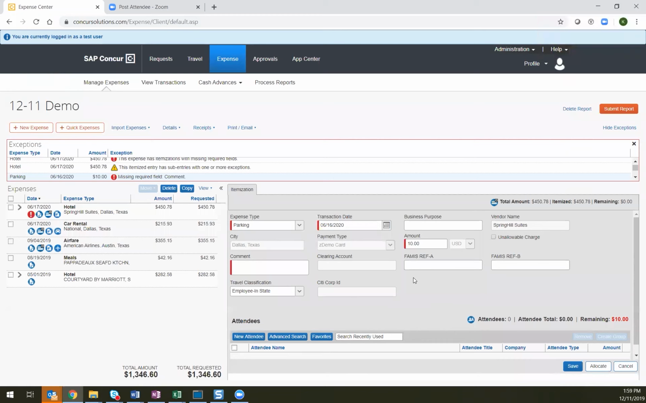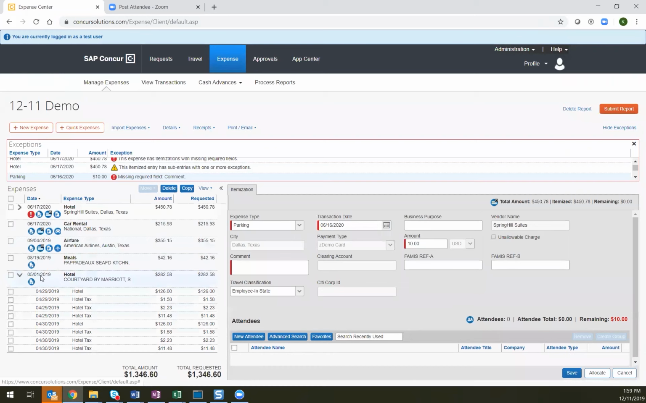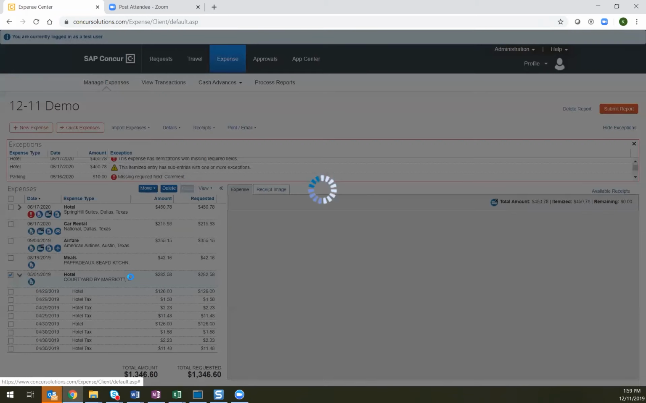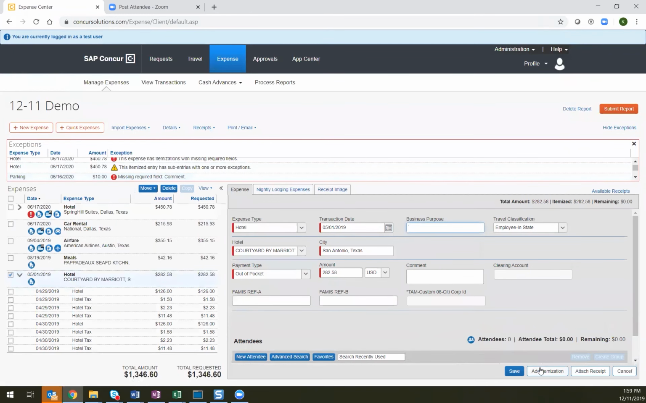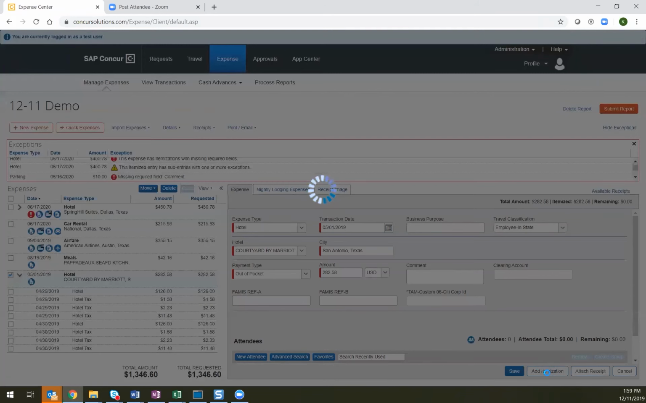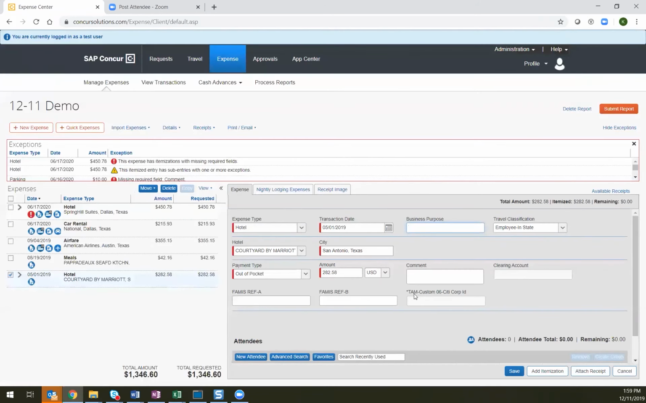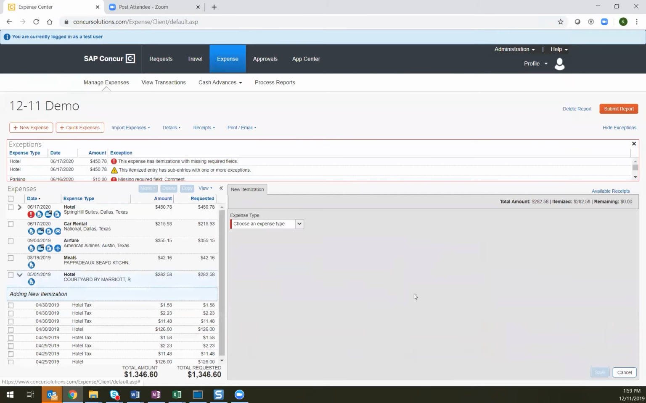Did they do the deposit as a separate charge? Yes, it was a separate charge. Okay, so you would want to, let's just do this as an example. Within this expense, you would want to add an itemization. Okay, so click add itemization, call it a hotel,